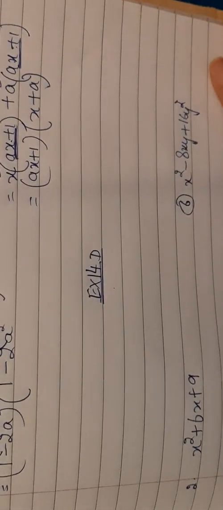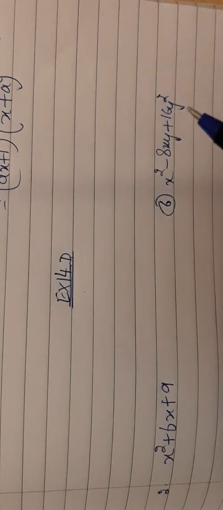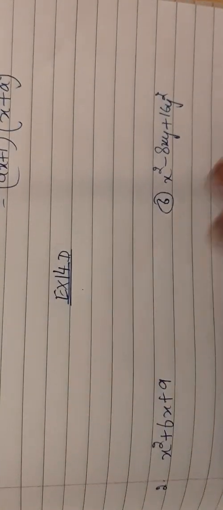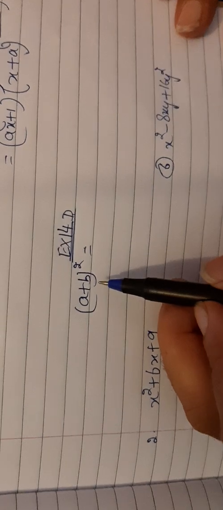And one more thing I told you is that multiplication and factorization are reverse processes. Now in this, you see we are going to take the reverse of the formula. We are going to take the formula in the opposite direction. For that, let me explain to you. You know what is the product of a plus b whole square? This is the formula. You know the formula of a plus b whole square.